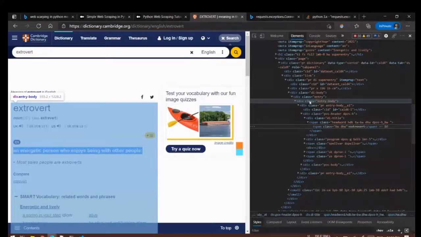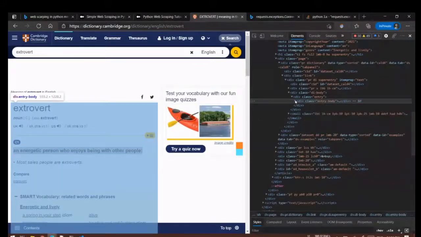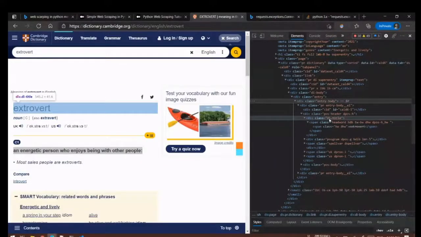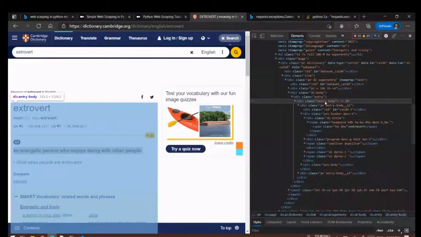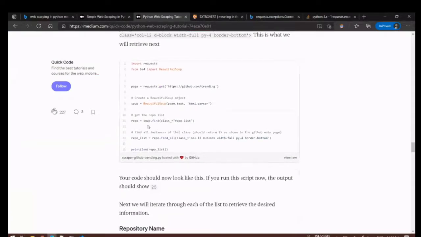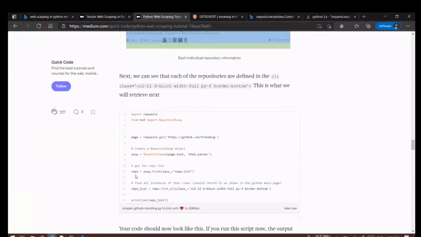Okay. So first I'll try to access this div. Once we have access to this div, we can go and extract these individual elements like the word, its meaning, as well as its part of speech. So first task would be to access this div with class name entry body. So if we come here, this is how you have to access it. Soup.find, and then you have to specify the class name.